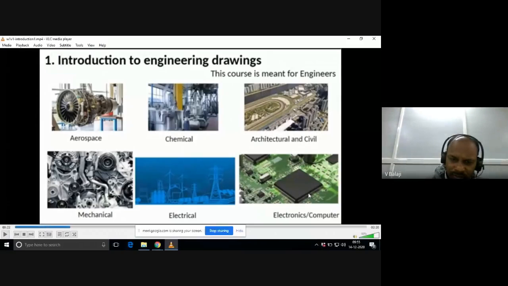So if you design something that should be manufacturable, there will be no ambiguity. While manufacturing, you need to make proper drawings that can be used by any field of engineering. So that is your task. That's why you need to learn all the